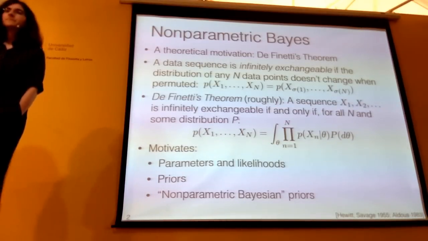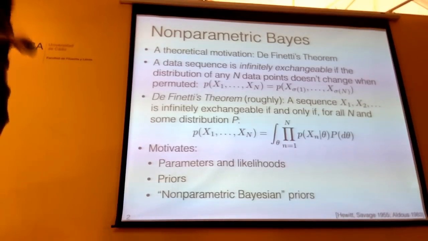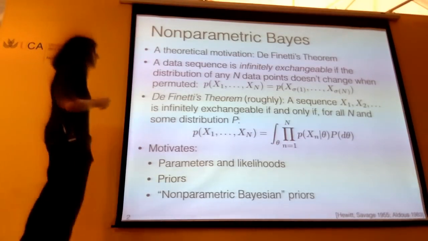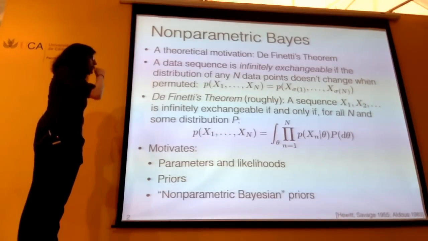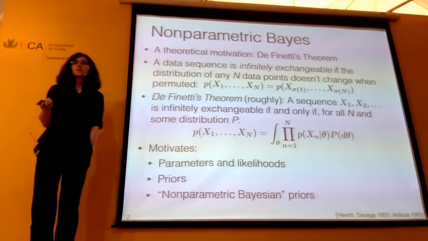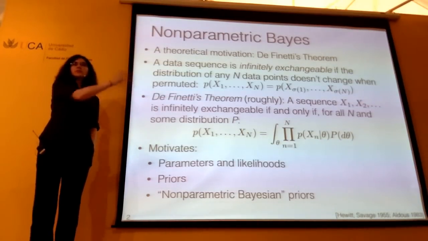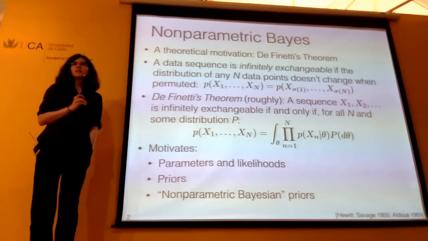Yeah? You mentioned that infinite exchangeability is more general than IID, but could you give me some more insight into how it is more general? Okay, so as an example, suppose that I have some x0 and it's generated normally. And then I have x1, x2, x3, x4, and those are generated IID. Now add x0 to all of them, that's exchangeable but not IID.